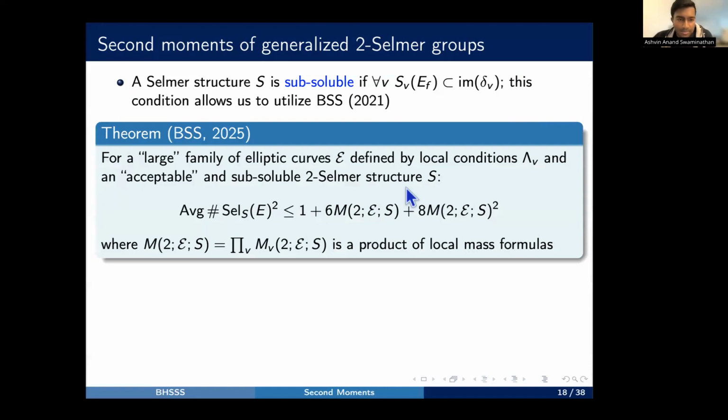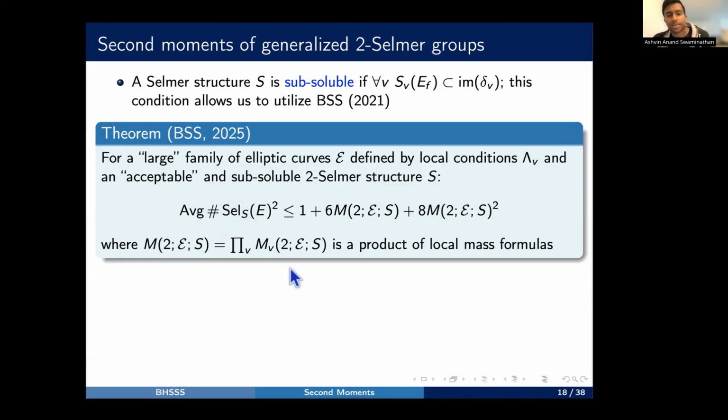So there are some assumptions here. We need to work with a family of elliptic curves that's defined by a large collection of local conditions. I'm not going to define what large means. It's just a technical condition. And then we need to assume that the Selmer structure is subsoluble and acceptable. Also not going to say what acceptable means in the interest of time, but these are just some technical conditions. But under those conditions, we find that